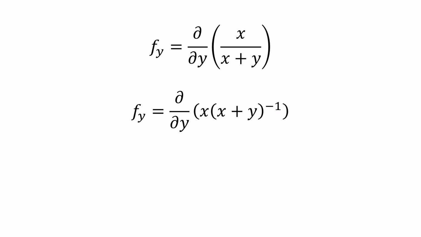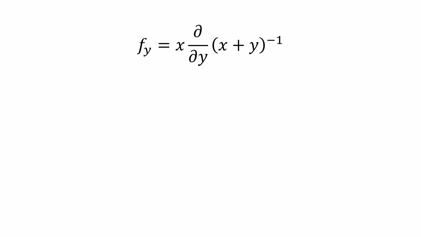Applying the constant multiple rule then gives f sub y equals x d by dy of x plus y to the negative 1. Applying the chain rule then gives